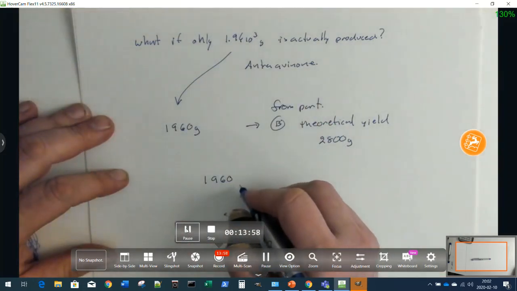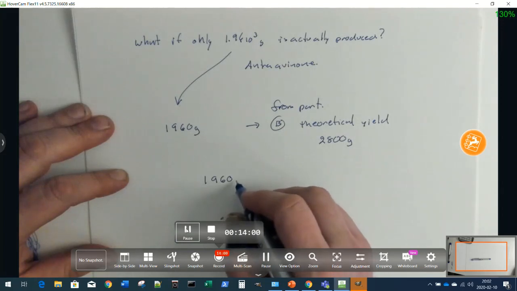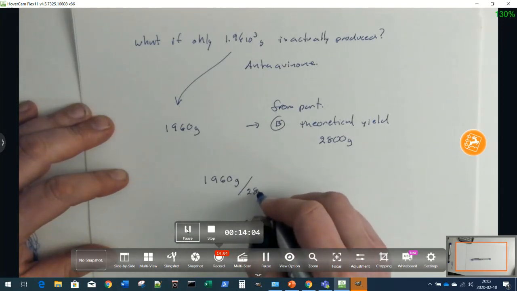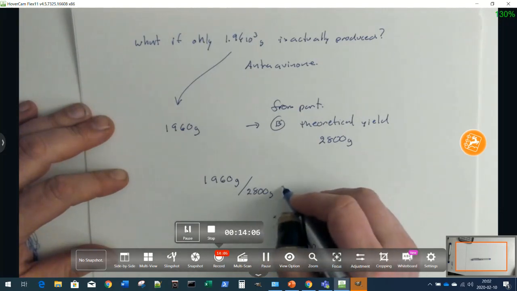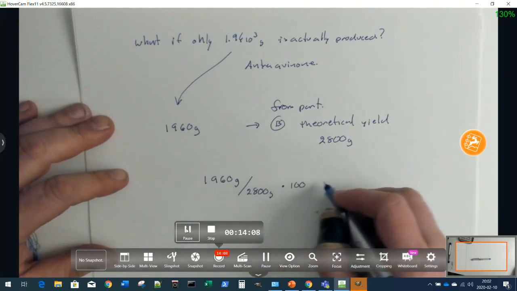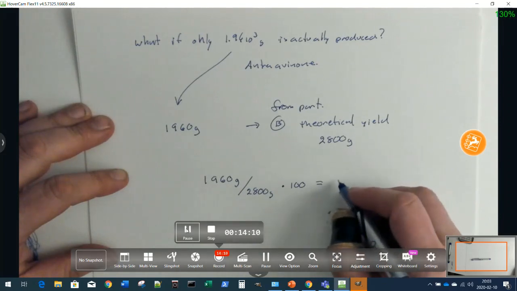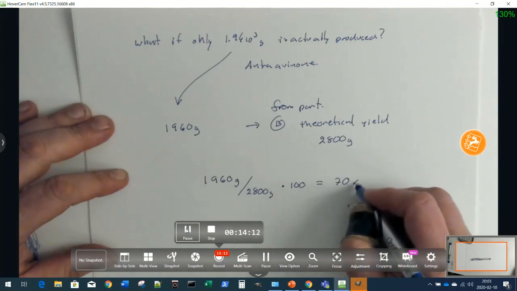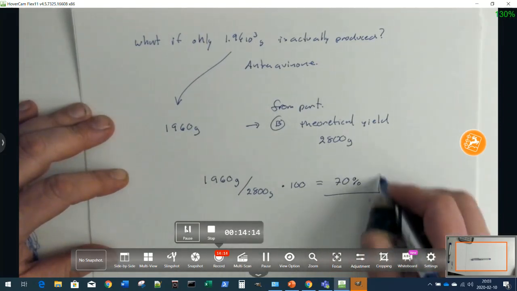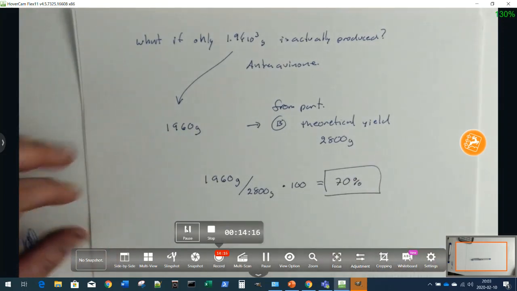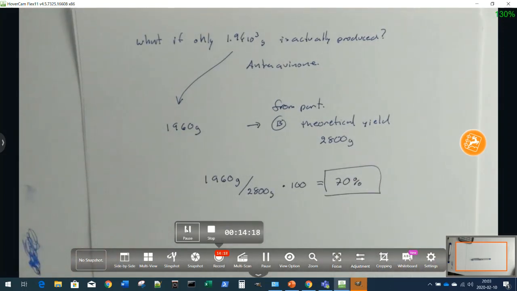So to calculate the percent yield, you take the actual yield, which is given to you by the question, 1,960 grams, and divide by 2,800 grams, and you multiply it by 100 because it's a percent. You don't want a frequency or a proportion, and then you get 70%. So this chemical reaction is 70% efficient, which is